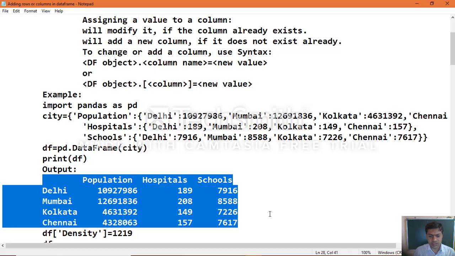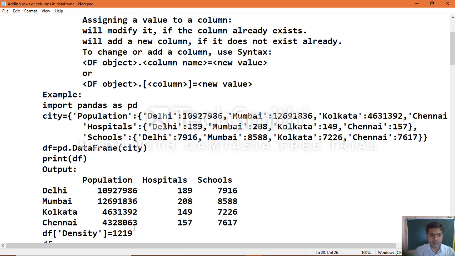Now if you want to add a column based on the syntax we have, in our data frame object you can see the columns population, hospitals and schools. To add a new column, we know the syntax: data frame object name followed by column name, equal to value.